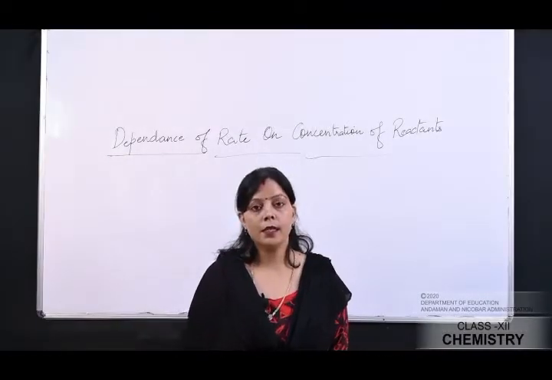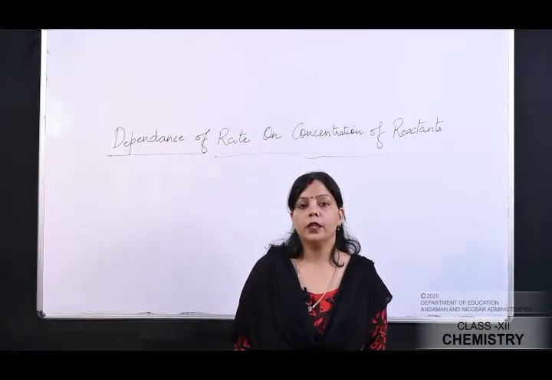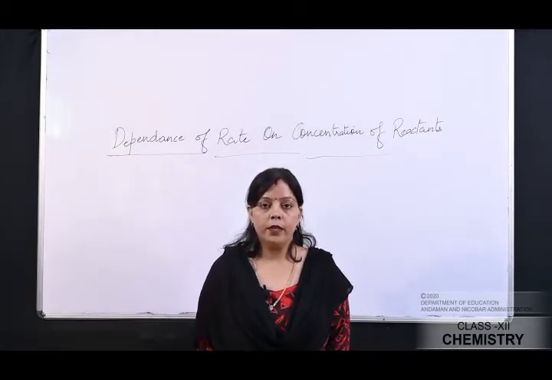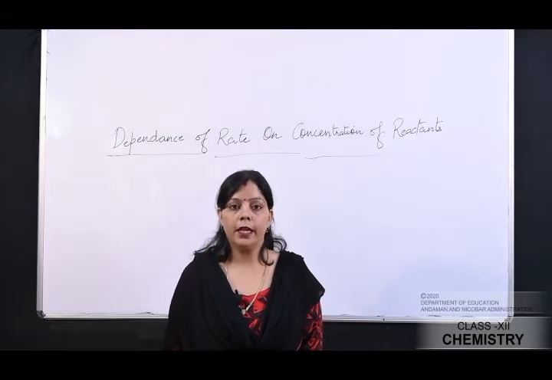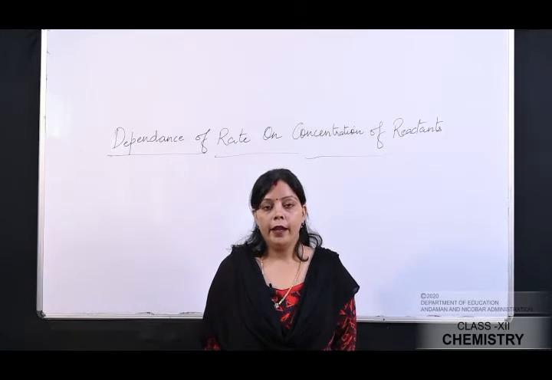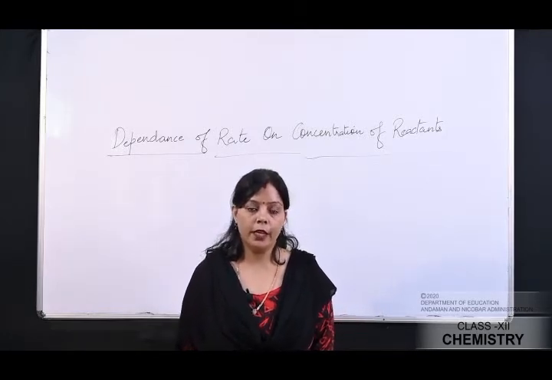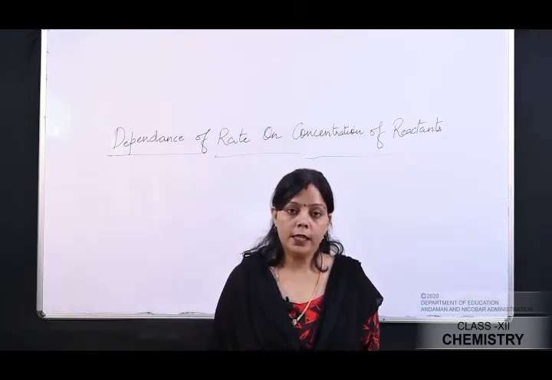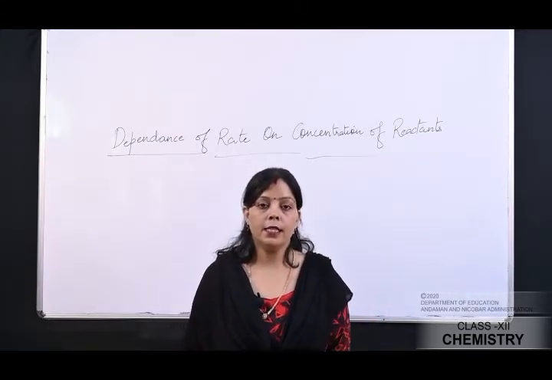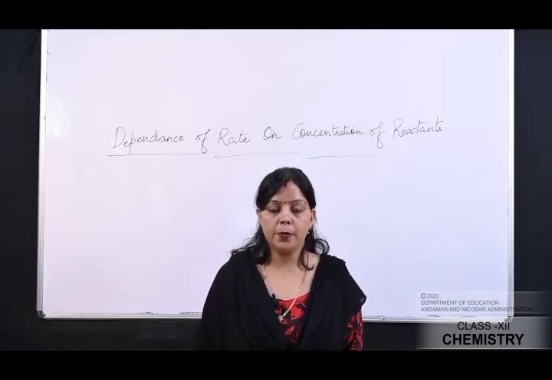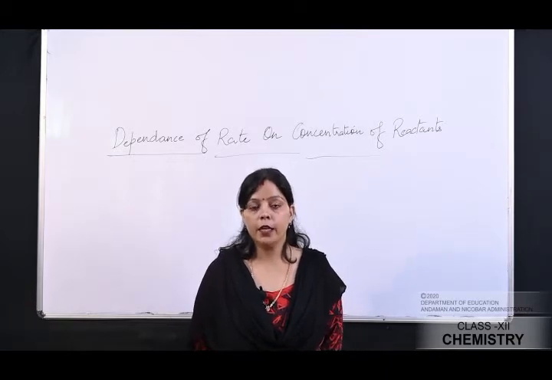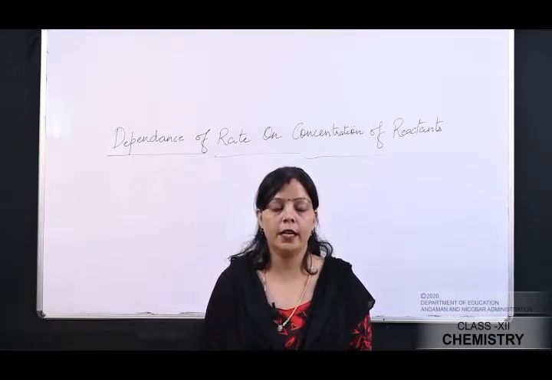In the last class, we had studied the topic rate of the reaction, the rate of disappearance of the reactant, the rate of appearance of the product. The next topic is the mathematical expression for the rate of the reaction having the same stoichiometric coefficient of the reactant and product for a chemical reaction. And second is how we mathematically express the rate of the reaction in the case of a chemical reaction having different stoichiometric coefficients of the reactant and product.